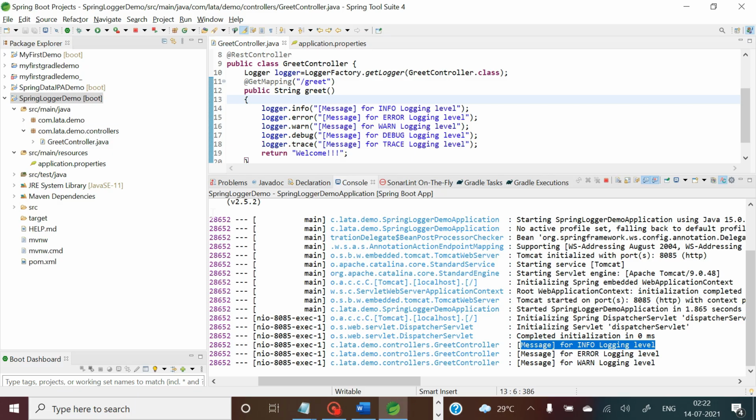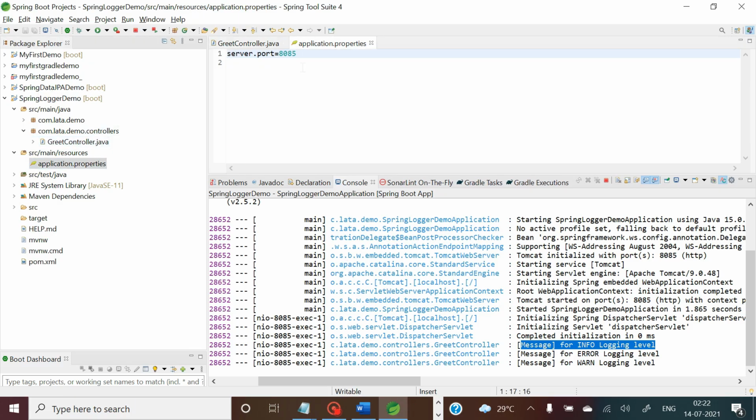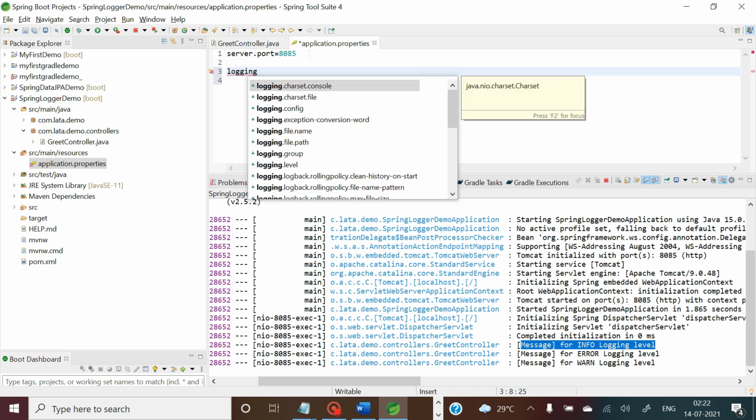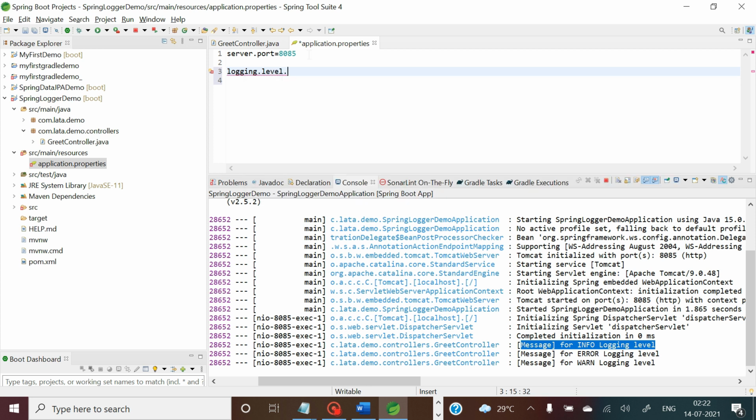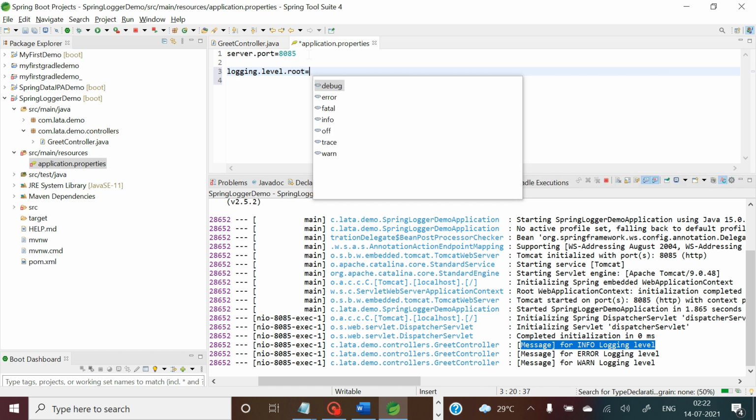See, in the application.properties file you will have to write logging.level.root, and then you can provide the logging level which is to be understood by the IDE.